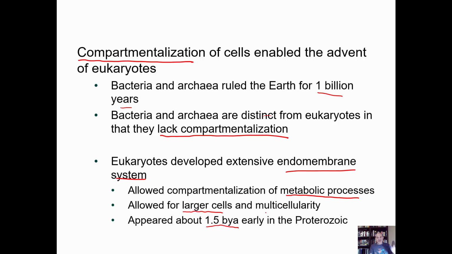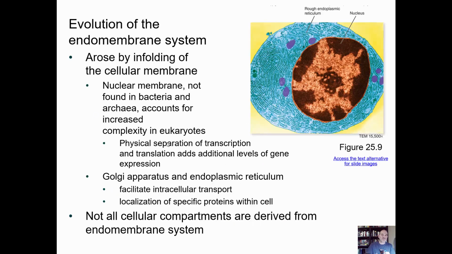And this increased complexity leads directly to multicellularity, which means you have organisms made not just of more than one cell or many cells, but many different cell types. For example, the human animal has 250 different cell types. You're made of trillions of cells, but you're multicellular because you have two or more cell types. So what is the endomembrane system here? The endomembrane system is